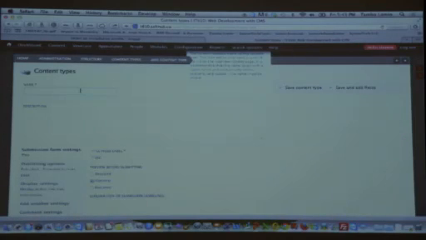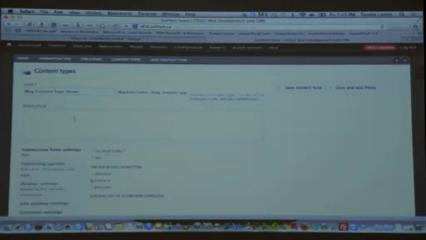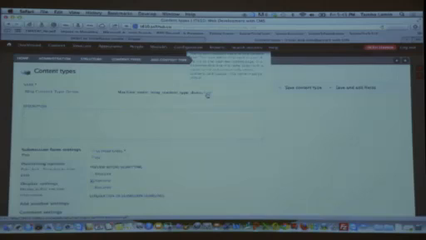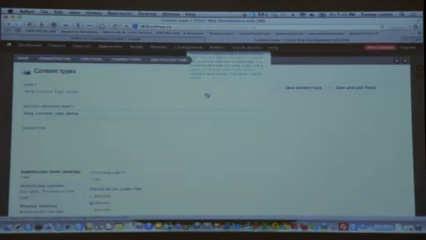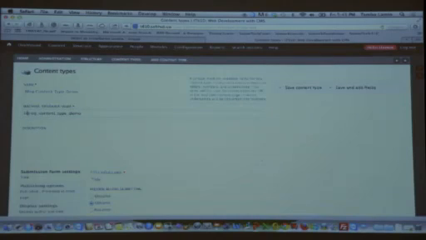From here, I'll type the name of my content type. The name of my content type is going to be blog content type demo. That's the name of my content type. If I want, I can change the machine name of my content type right here to anything I want by clicking on edit and changing it. If I don't change it now, I will not have access to change this again from here. Okay, so I'll leave it as it is, or I'll just give it a prefix IT 610 and say use this to post